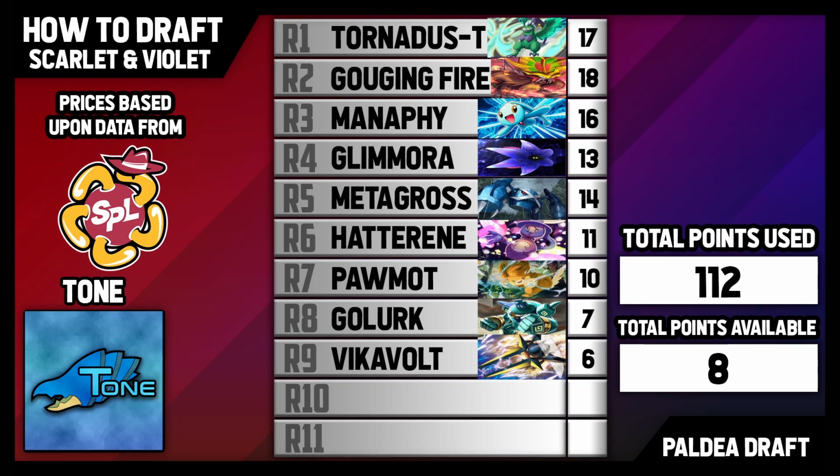Alternatively, alternative to Vikavolt, apologies for that. If you don't want Vikavolt, alternatively you could get something like Araquanid if you want to keep the webs role. Some other lower tier stuff, even like Leavanny or, dare I say, Spiritomb, but